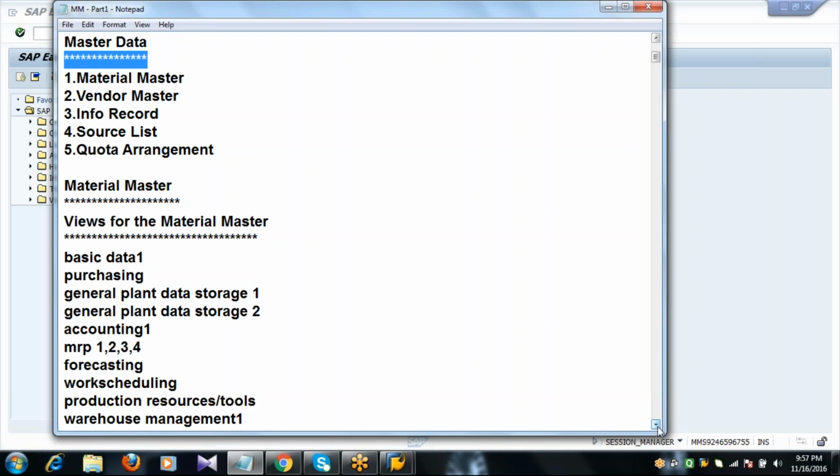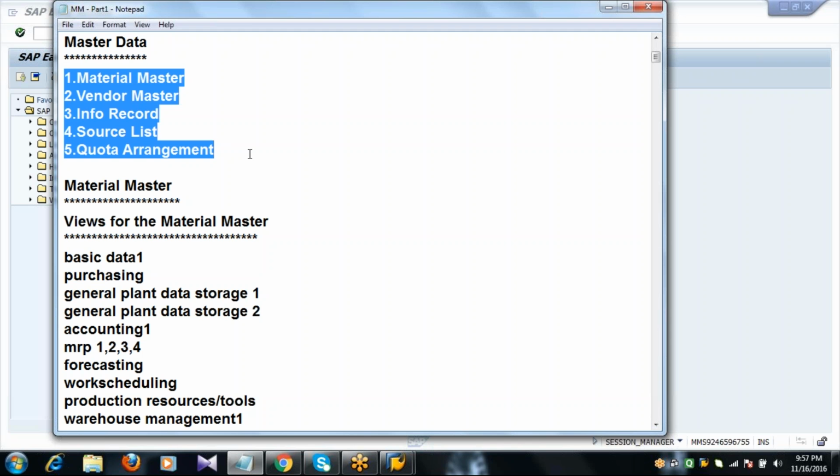And different types of master data are available in our SAP MM. So these are the 5 master data we have in our SAP MM: material master, vendor master, info record, source list, quota arrangement. These 5 master data belong to our module called MM.